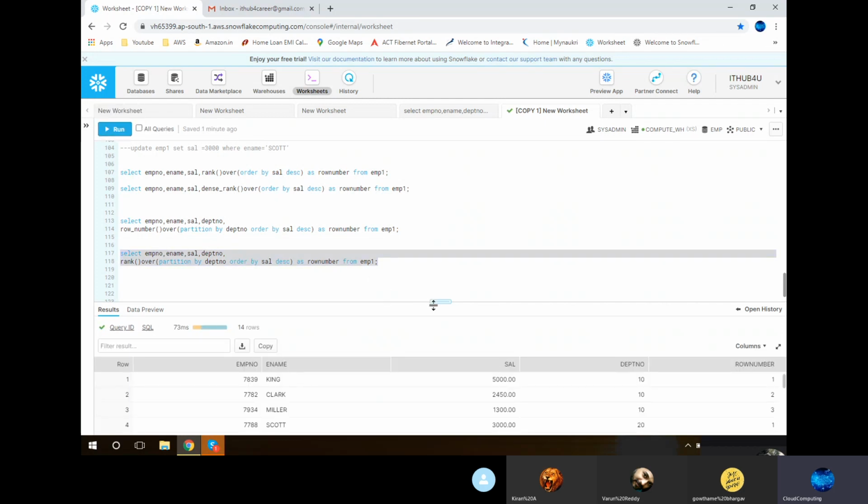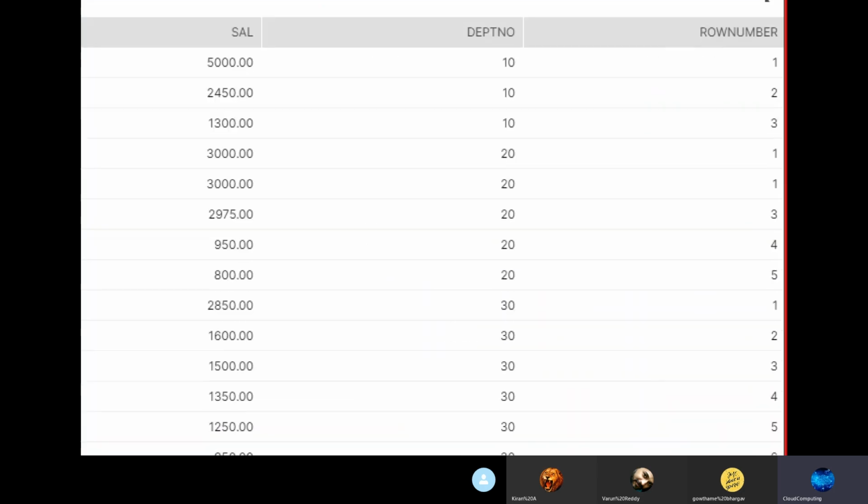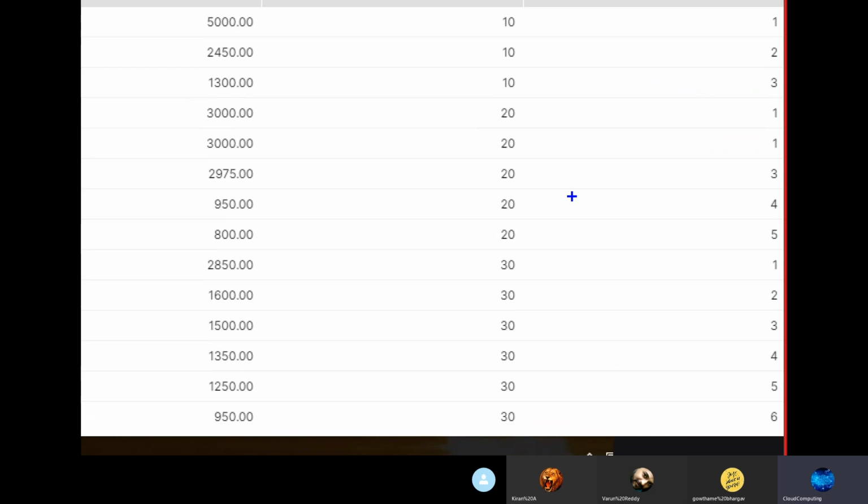So I'm executing this code. If within the department all the values are unique, there is not much difference in the output.